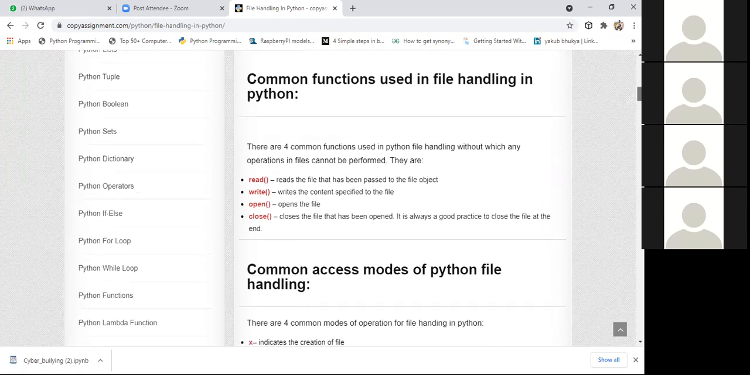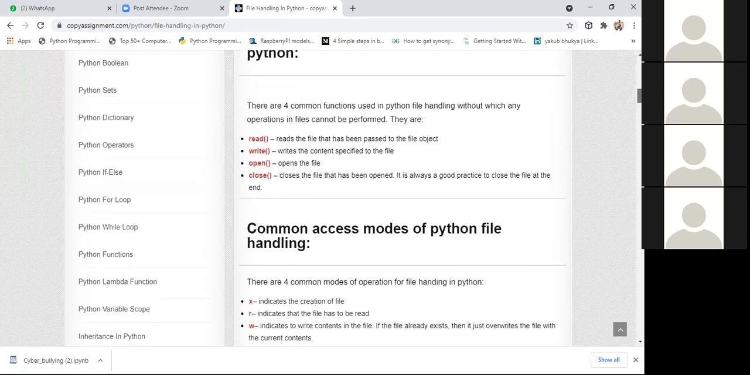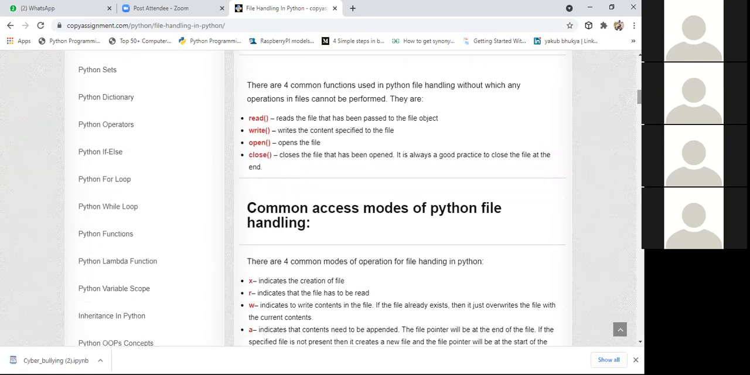And see here, common access modes of Python file handling. So what are the different access modes? We'll be having four common modes. First access mode is x. Whatever access mode I specify when first opening a file, there we can specify all this stuff. If you specify x, it indicates the creation of a file. Means there is no file. We are